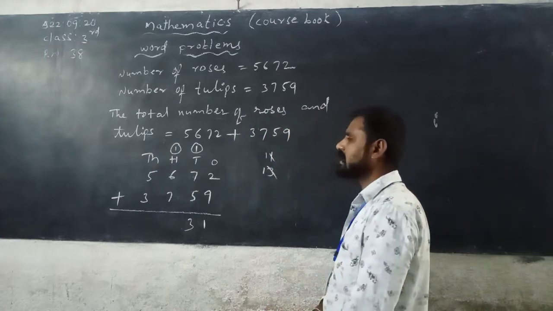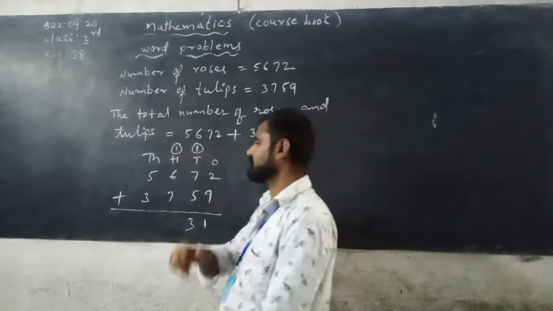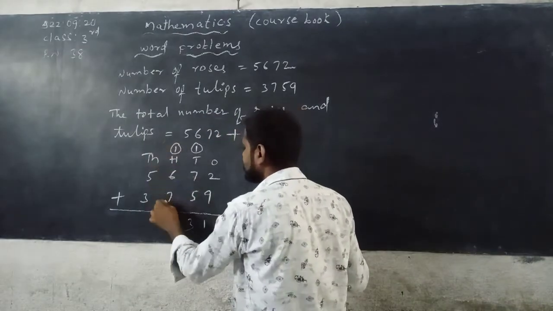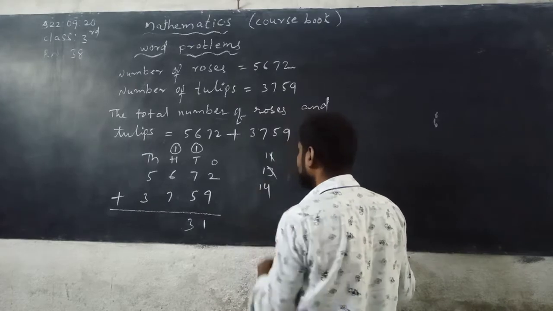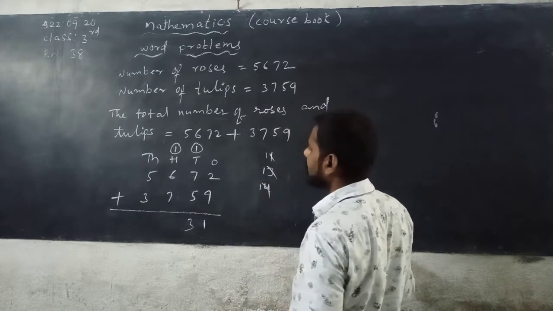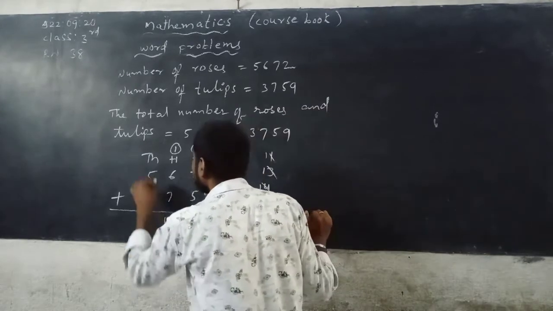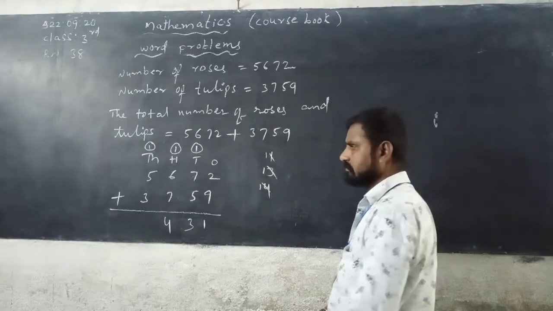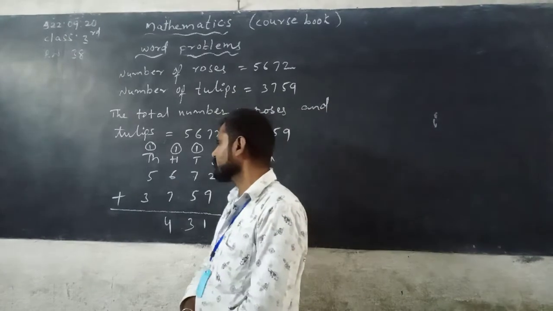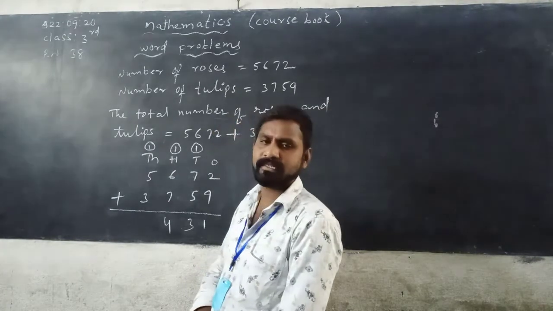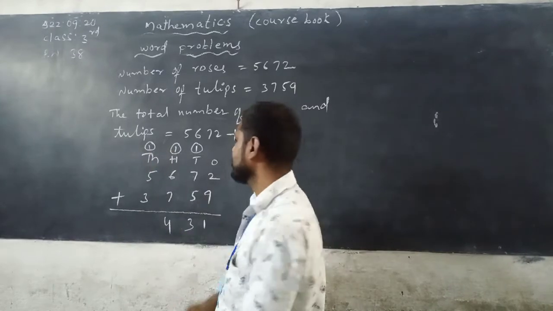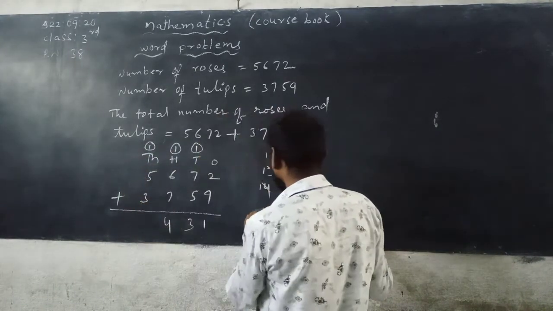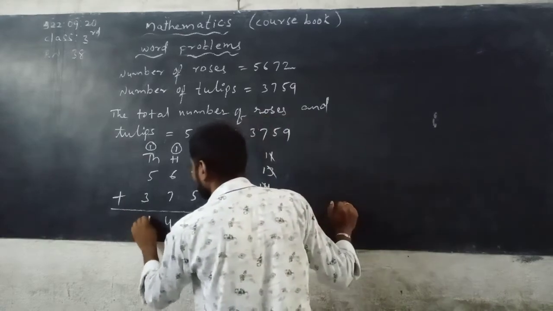We add the digits in hundreds place along with carrying digit. That is 1. So we can add 1 plus 6, 7. 7 plus 7, 14. In it, 4 we take and write under hundreds column, 1 is carrying to thousands place. Now next, that is the last place. We add the digits in thousands place along with carrying digit. So 1 plus 5, 6. 6 plus 3, 9. This is a single digit, you can write it here, 9.